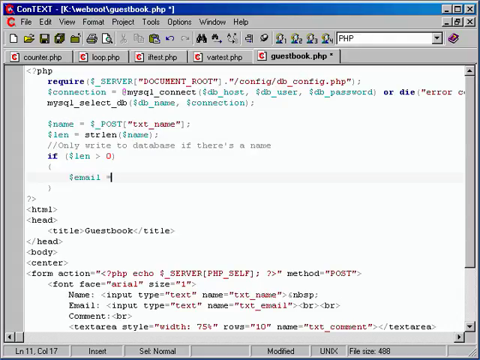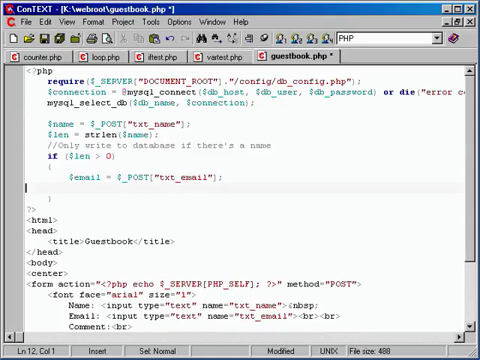Remember before when I talked about the register globals thing, we wouldn't actually have to be doing this. We'd be able to just access stuff through $_name. But again, if that's not turned on on whatever server you're working on, you'll have to access the variables like this. So post, see if there's a txt_email element. Store that in $email. Comment. See if there's a txt_